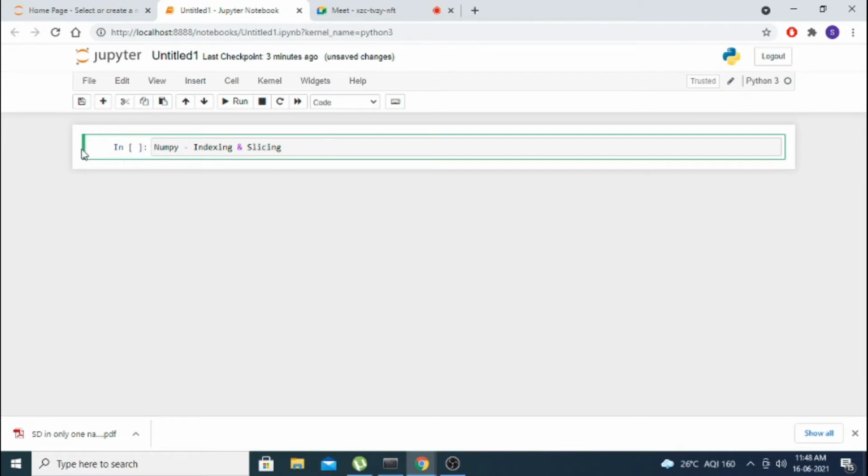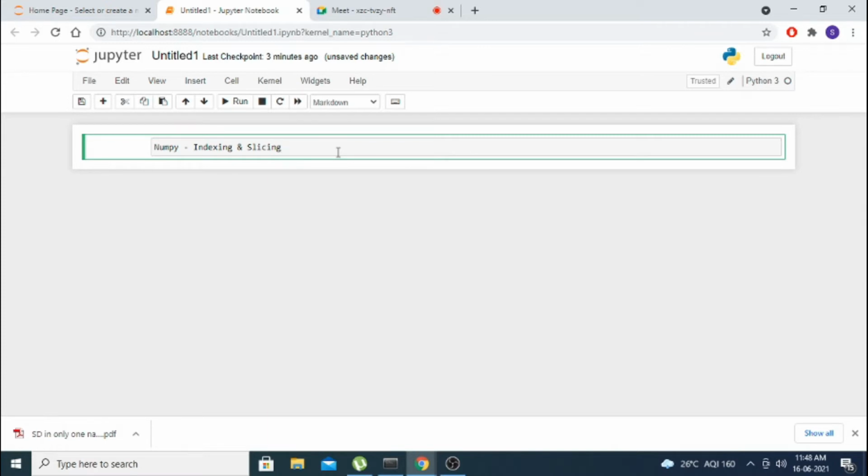What is meant by indexing and slicing? Indexing, you are aware of it, you are a computer science student. You are storing numbers in an array. You want to get the fourth number or the fifth number, the indexed element, like a of 5, a of 2. Like that you are giving, that is called indexing.